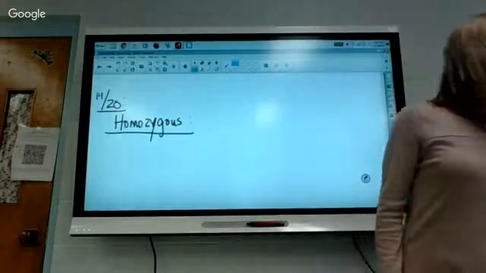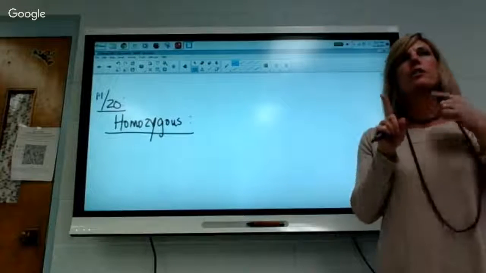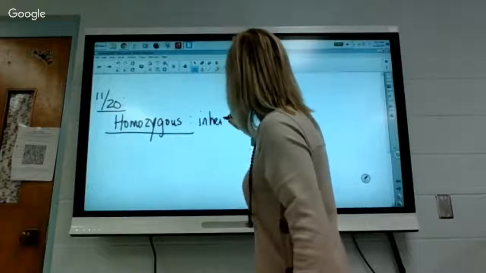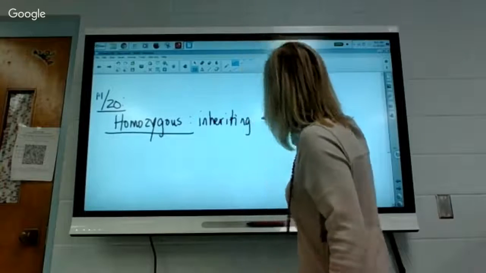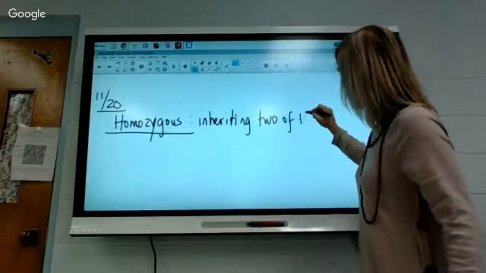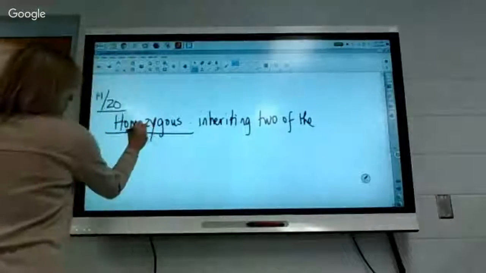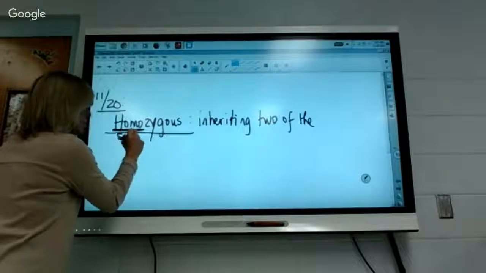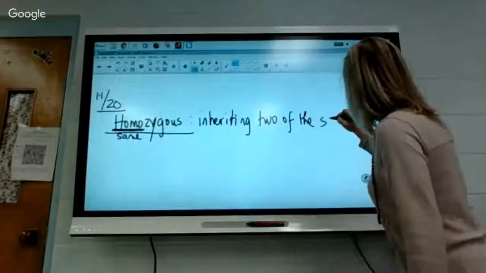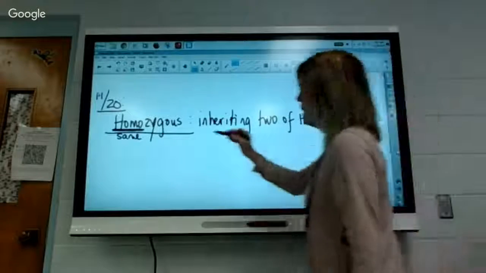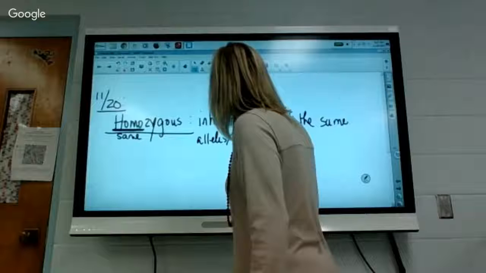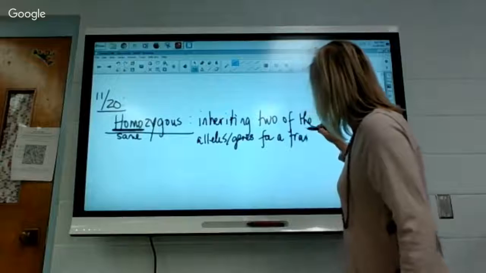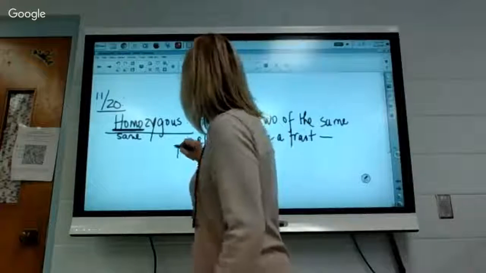So homozygous. All right. So we said that you get 2 versions of each gene for a trait from your parents. So this is inheriting 2 of the. Before I even write the next word, what does homo mean? Same or different? Same. So that's going to be in your definition. So 2 of the same alleles for a trait. Okay, so this would mean